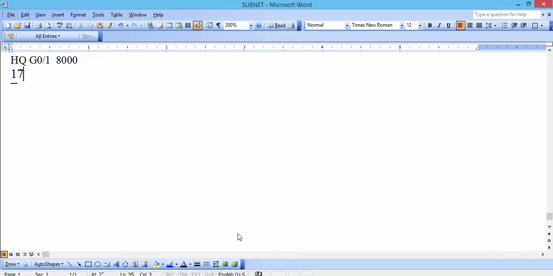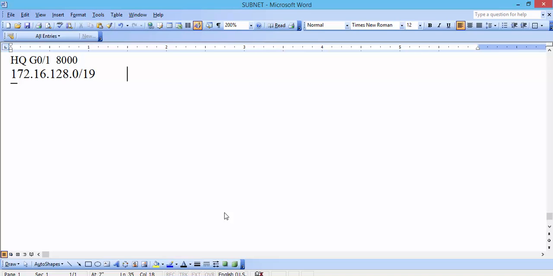So 172.16.128.0, and then it's a /19. If we apply the same arithmetical principles, we get our